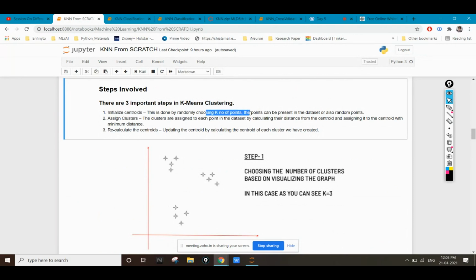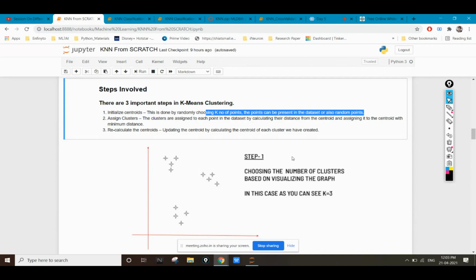We choose k number of points, and the points can be represented in the data set or also be random points. Okay, so you have to classify that this will be my centroid, this will be my centroid, this will be my centroid, depending on the number of k you have used. Okay, if you have used k equal to 3, then you have to give 3 random centroid points.